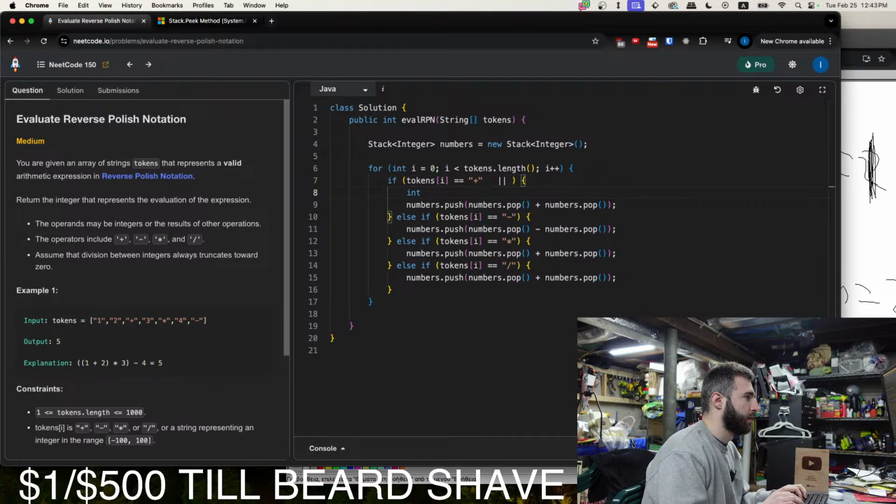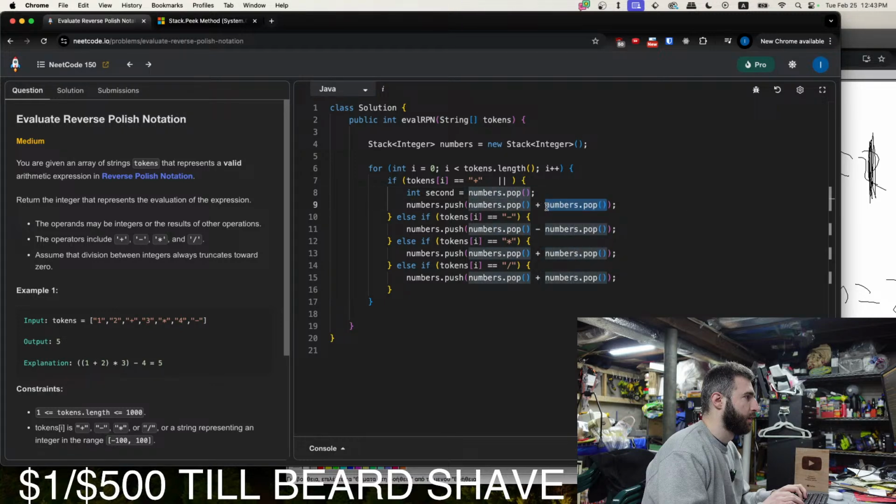So int second equals numbers.pop, and then we'll do plus second.